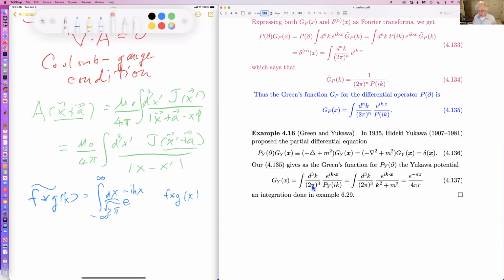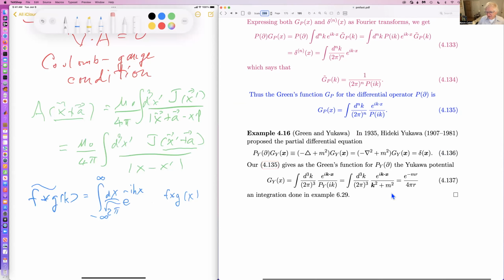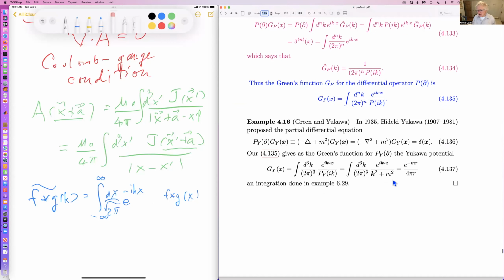And the solution is the Green's function is e to the ik dot x over the Yukawa p of ik, and that's just k squared plus m squared. And now if you do the integration, which we'll do in chapter 6, you get e to the minus mr over r. This is called a Yukawa potential, and it is used a great deal in nuclear physics,